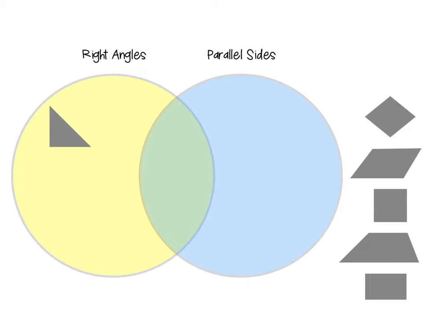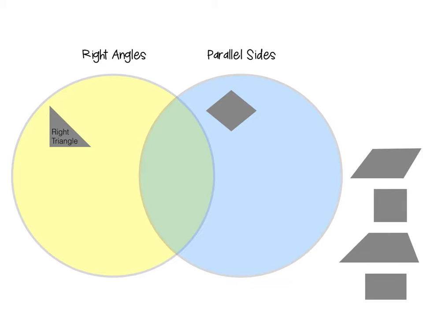I have a rhombus, and I know a rhombus has to have four equal sides. And I think, does my rhombus have right angles? Would I be able to fit a square in that corner? Does it have a pair of parallel sides? My rhombus does have parallel sides, but it does not have right angles, so it would just go on the parallel sides side. My next shape is a parallelogram, and the name kind of gives that shape away, but does